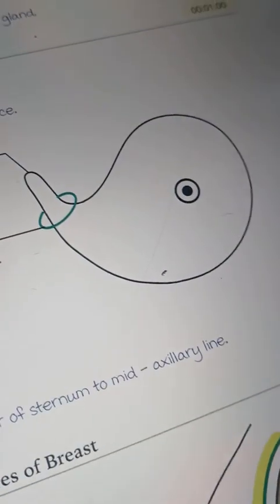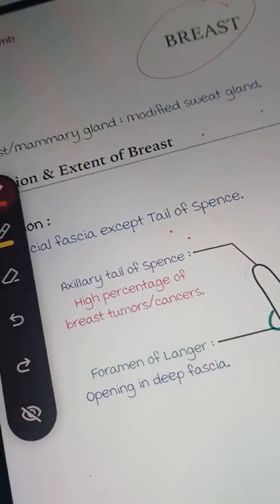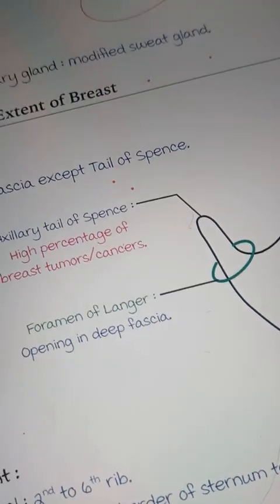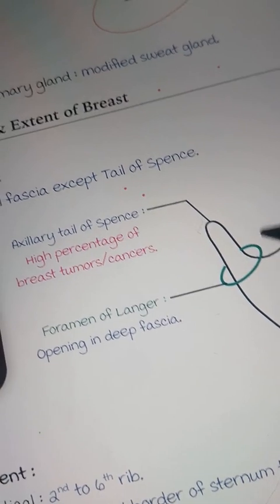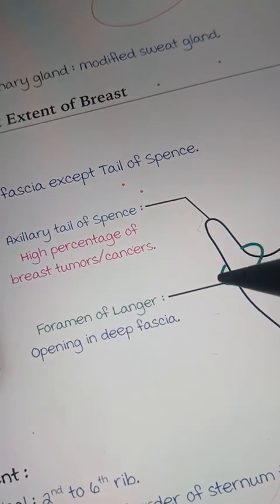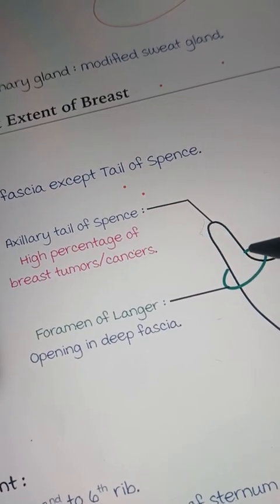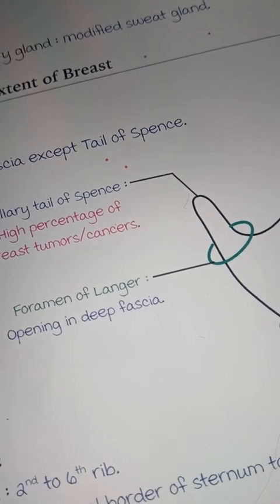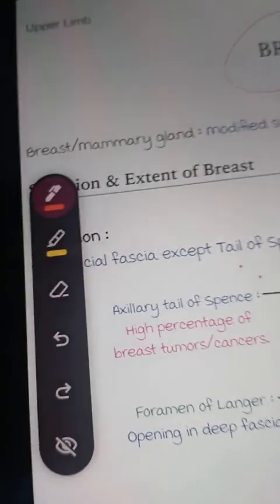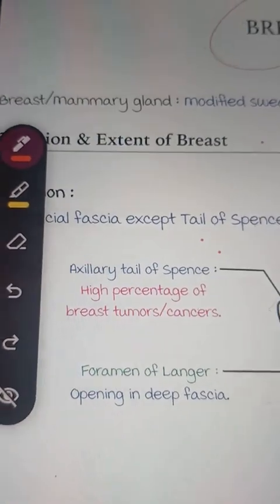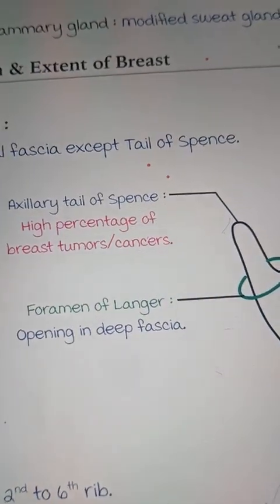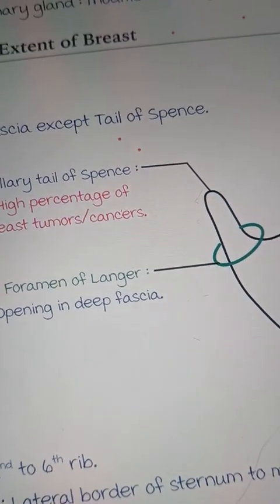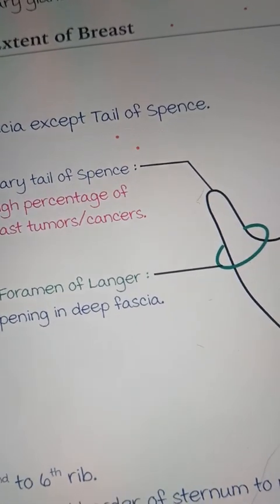As you can see in this diagram, that's the breast, and it's the superficial fascia present over here, and that's the axillary tail of Spence, where a high percentage of breast tumors or cancers is susceptible. Foramen of Langer is the opening in the deep fascia. The breast is located in the superficial fascia, but through this foramen of Langer, it's basically the opening into the deep